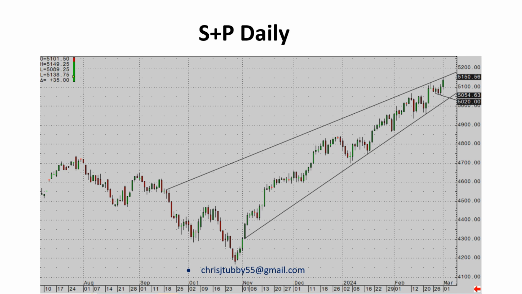Then moving on to the S&P daily, similar thing, got a nice sort of long-term trend line in there for the resistance at 51.50, and I've got support at 50.54 and 50.20. Again, it's still sort of holding quite well in that up channel, and the S&P sort of finished at fresh highs again on Friday,